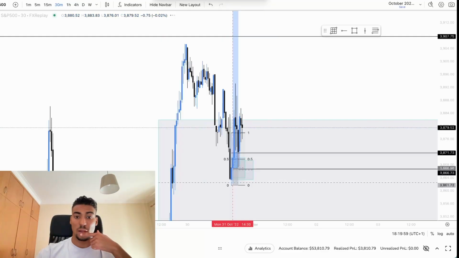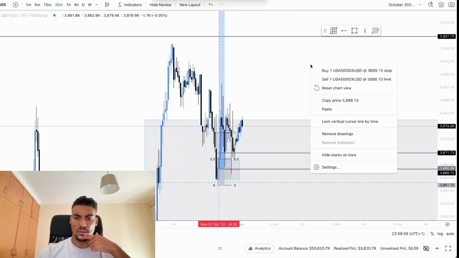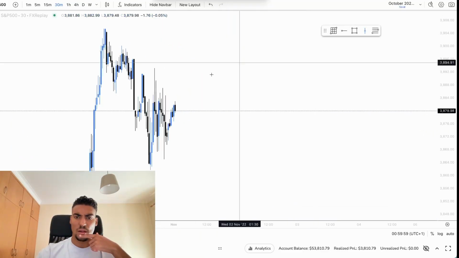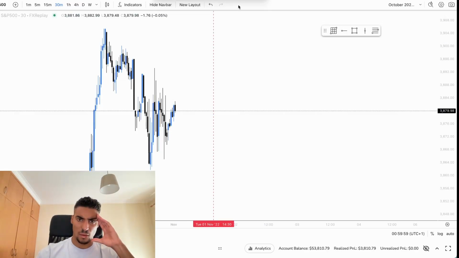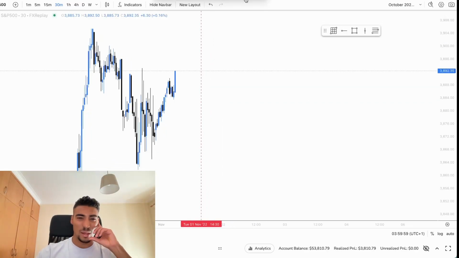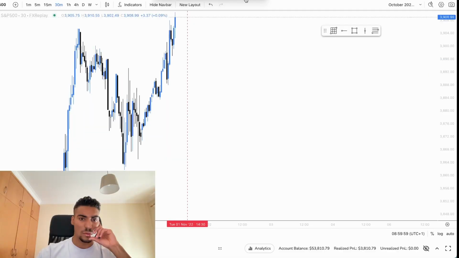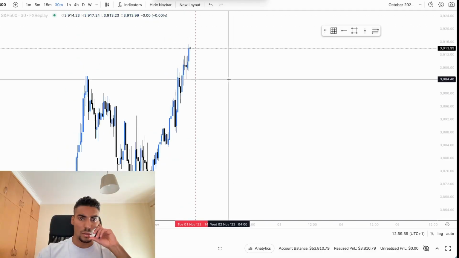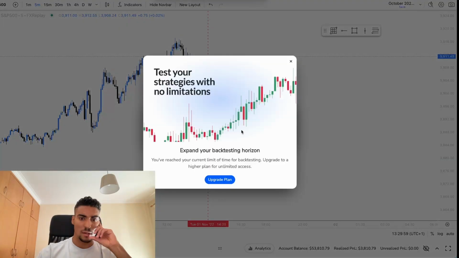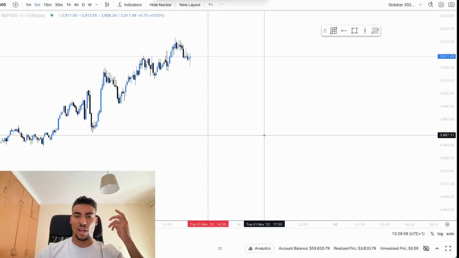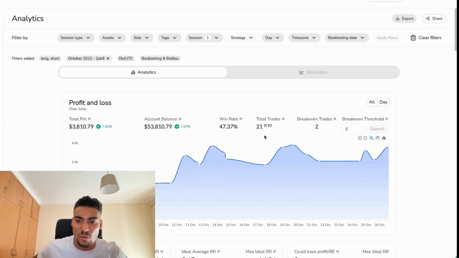There was this trade, but again, not really the way that I trade out of fair value gaps. But of course, as it was 5 minute confluences, maybe. But yeah, let's see if I can trade day 1. I don't think I'll be able to. Okay, maybe we will. Nice. I don't think we will though. I think we'll lead to the limiter. Yeah, it's a shame. So we pretty much break even.